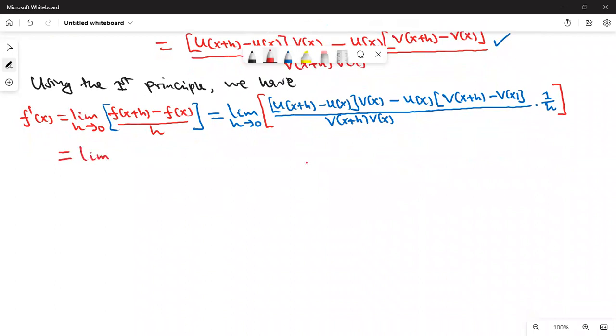The first part is the limit as h approaches 0 of u of x plus h minus u of x, divided by h, then this one is multiplied by v of x over,